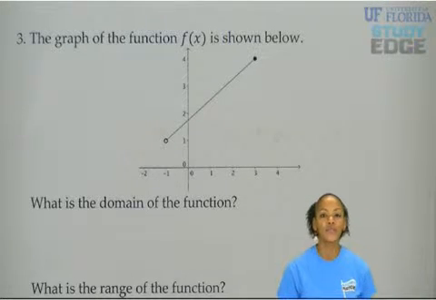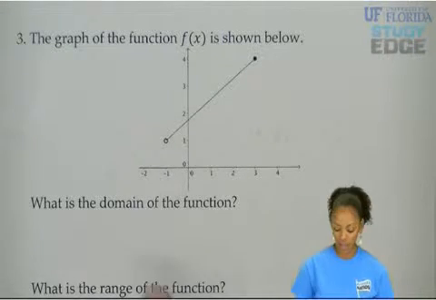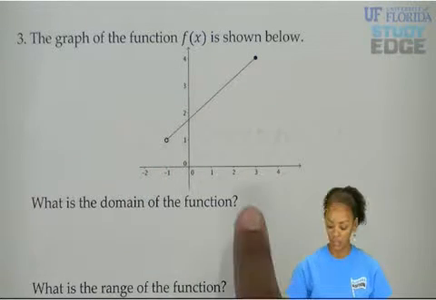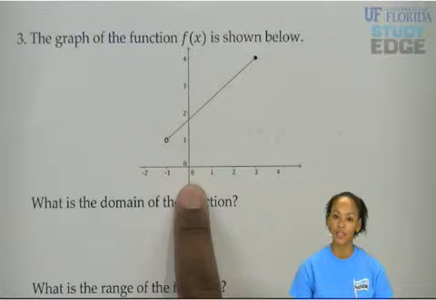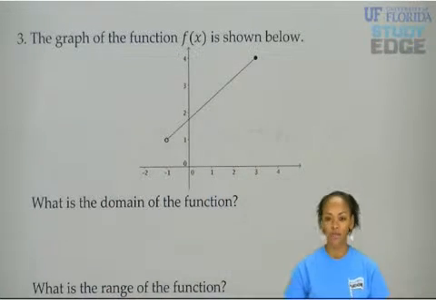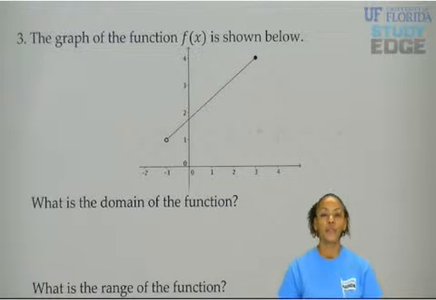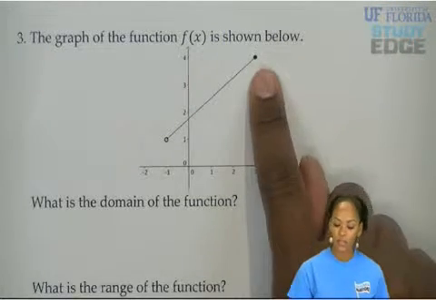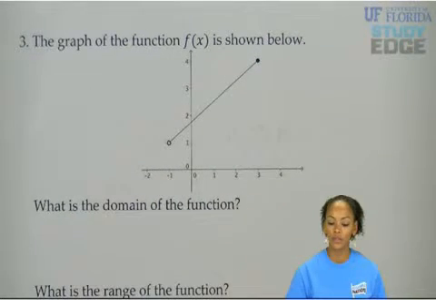So first thing, let's refresh our memory. Domain lies along the x-axis, and range lies along the y-axis. So y is the vertical, and domain is the horizontal. Okay, fair enough. And then now let's talk about something else. You see that they have a closed circle and an open circle? Do you remember the